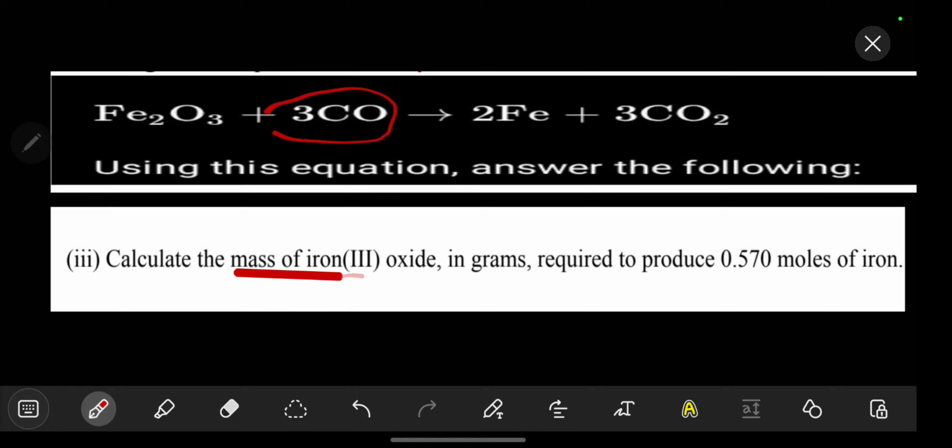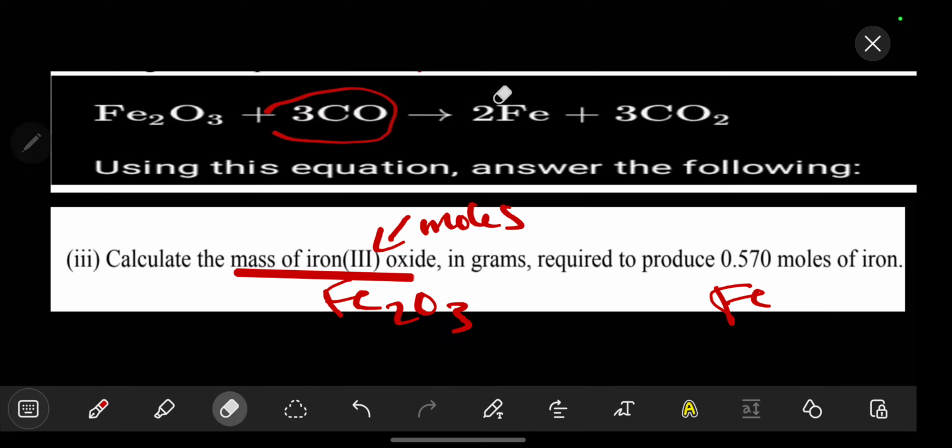For this video, we are not going to do our mass to mass calculation, but we'll just stick to our mole to mole. In another video, we can do calculations using the mass to mass. But for now, let's stick to our moles, then convert them. So let's first calculate the mass of iron 3 oxide in grams required to produce. Let's first find the number of moles for this. We are comparing our iron 3 oxide with